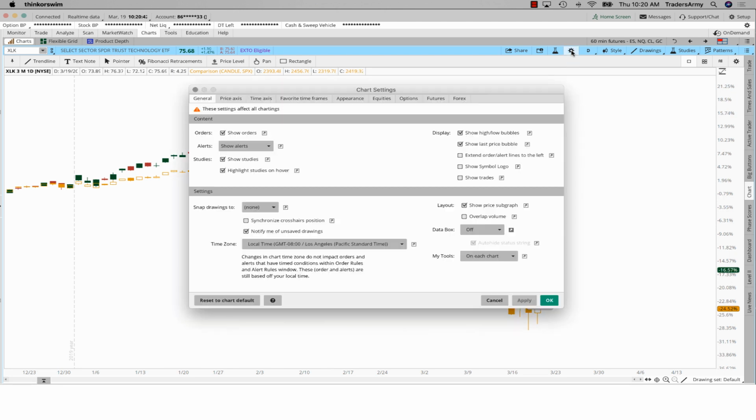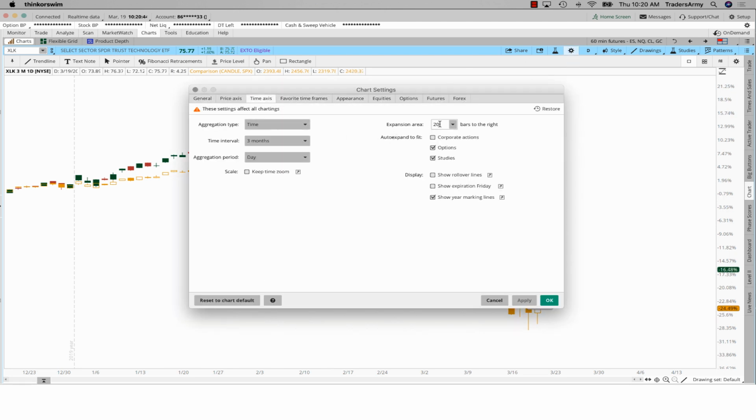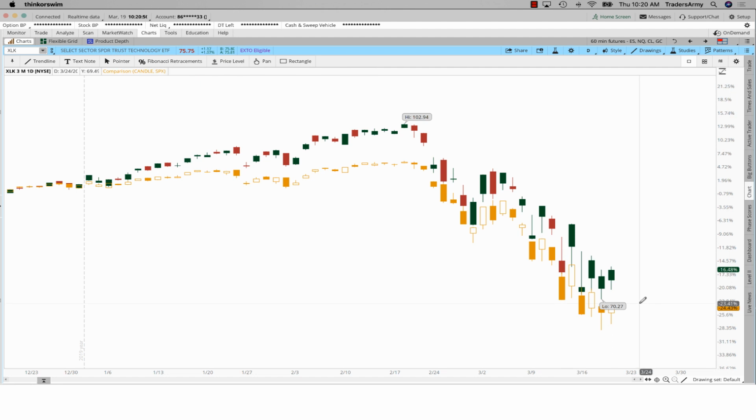So I'm going to go into this cog again. Time axis. Yeah, 20 is about okay. We can use 10 just to kind of squeeze it up a little bit, to get more information and less white space. Okay. So once you have this basic comparison chart,